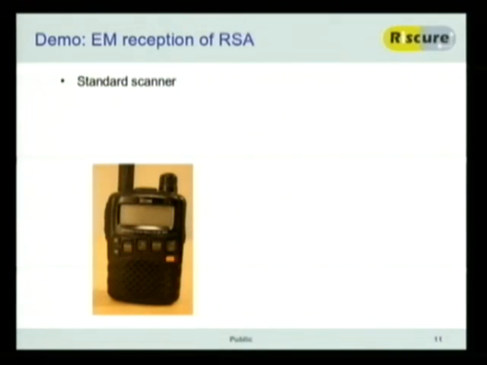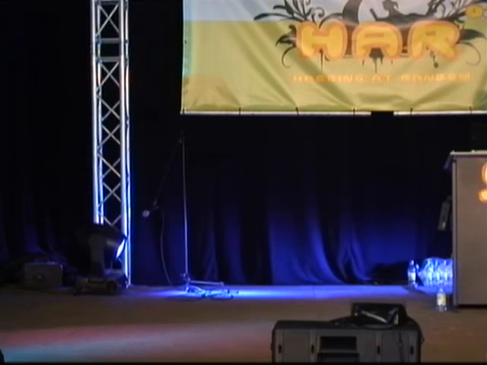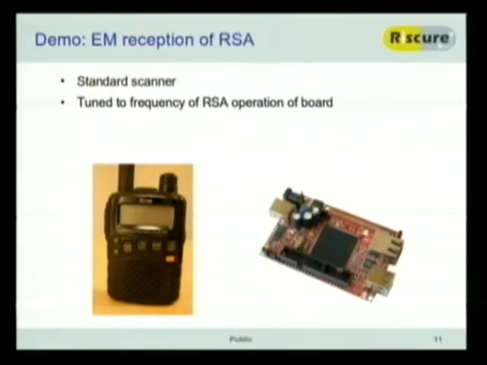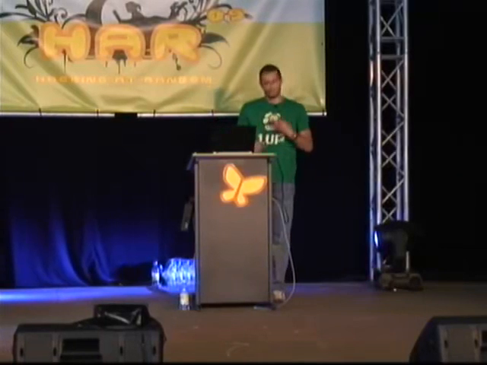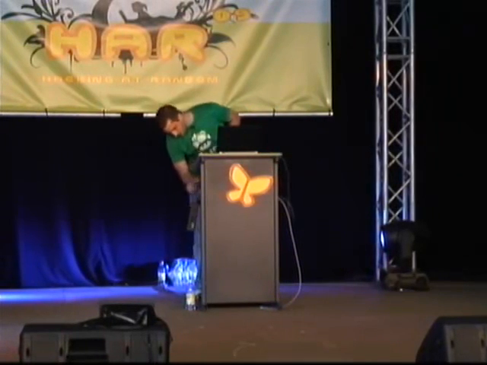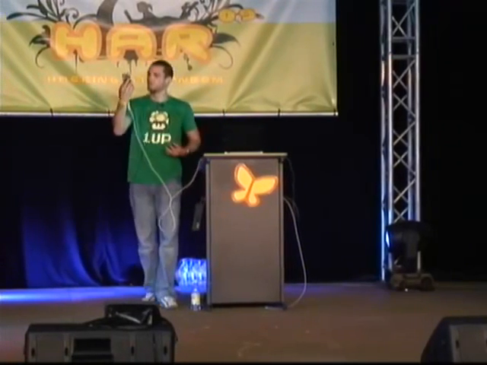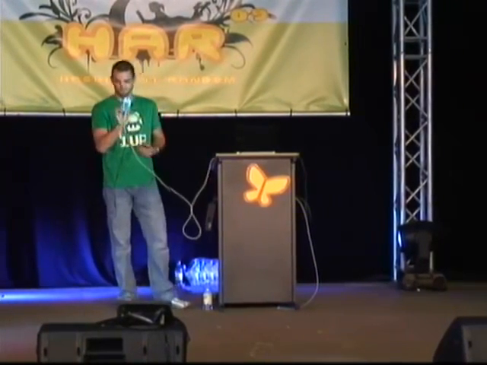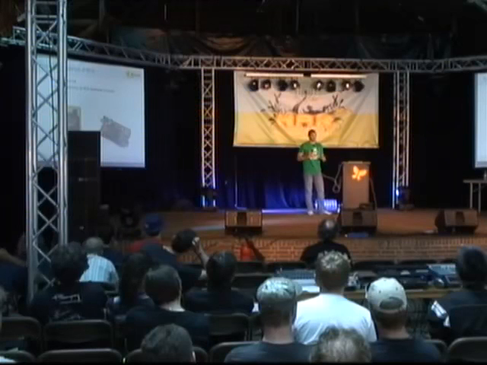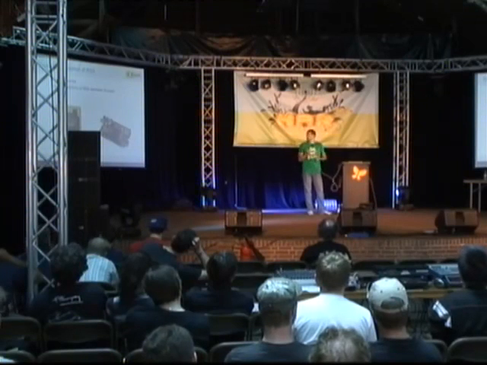Okay, so I have a quick demo here. Just a standard scanner. The only thing that's a bit non-standard about it is this antenna, which is just a coax cable with a little loop at the end. So what we're going to do is tune this to a frequency. I tried this out more or less by brute forcing before. That is tuned to the RSA frequency of, I didn't bring a smart card, I brought this embedded board, which is just a simple ARM processor. We programmed it to do an RSA operation, so it's doing some kind of crypto. We send the data, it encrypts it, and sends the encrypted stuff back. Pretty simple.